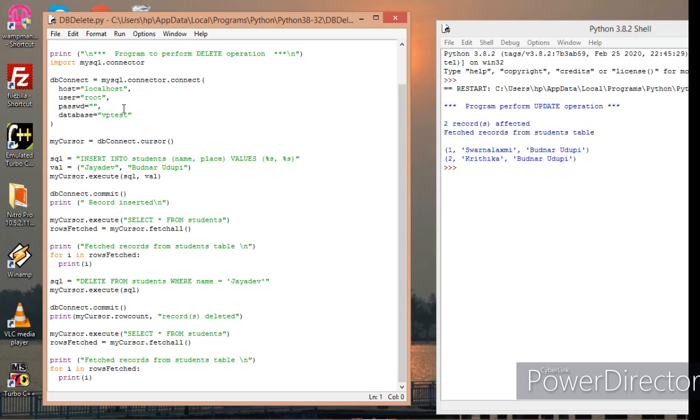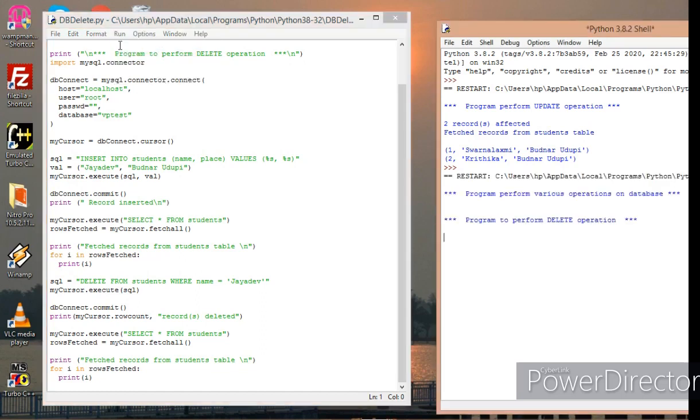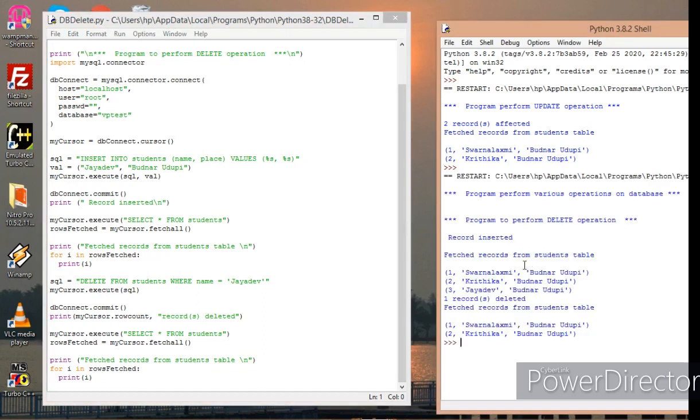Let me execute this program and let us see whether the record will be deleted. Now, after inserting this new record Jaydev, I am just displaying it. It is displaying Swarnalakshmi, Kritika, Jaydev, and I am deleting one record. I can just look at this delete command.